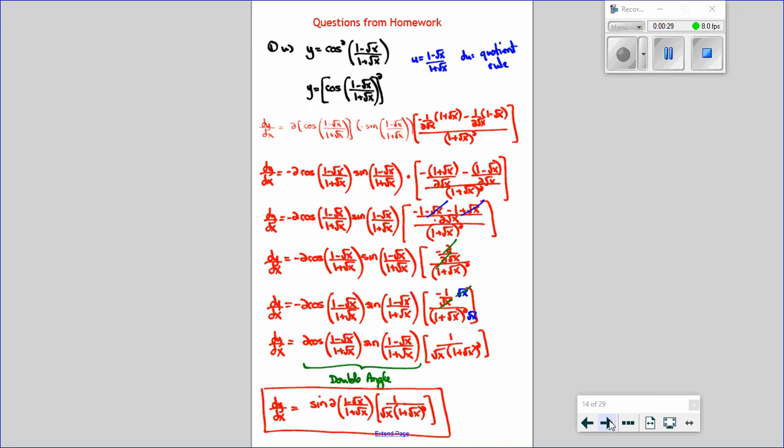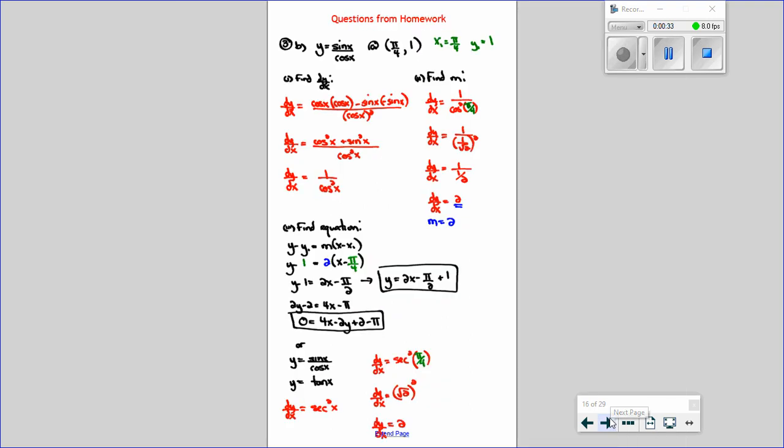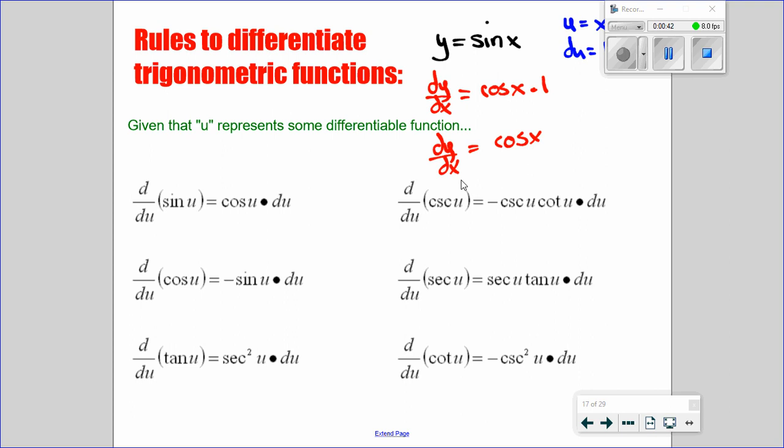I had to simplify these. There's 2A. There's 3B. All right, this is one where you had to find the equation of the tangent to the curve. Now, those were all from exercise 7.1. All right, again, we're going to be using these same differentiation rules, or the rules for differentiating trig functions, and